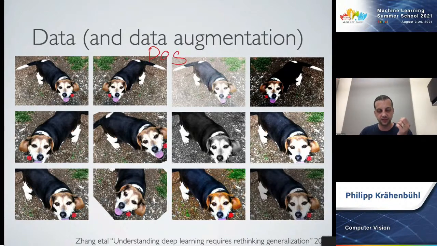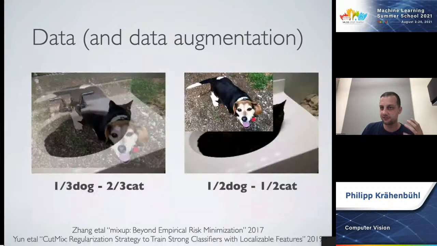That's exactly the main driving force behind why deep networks don't overfit and why they work so well in practice. It's the ability of data augmentation to take one image and make millions of different slight variations out of it, so that the network will never see the same image twice and will not overfit. Now, there are also slightly different, more elaborate data augmentations, and some of them are super weird and should not work.